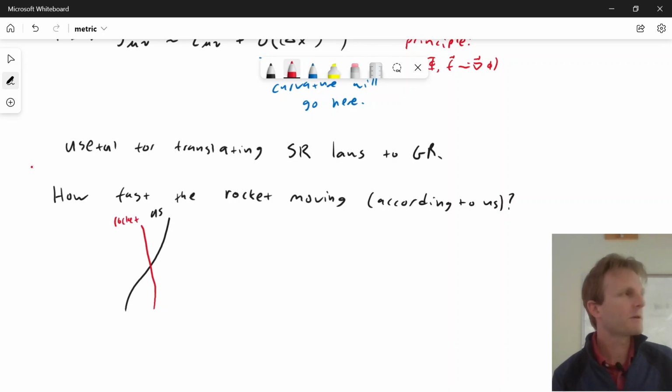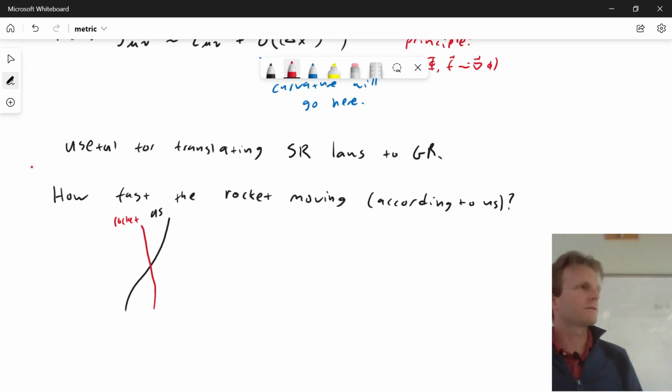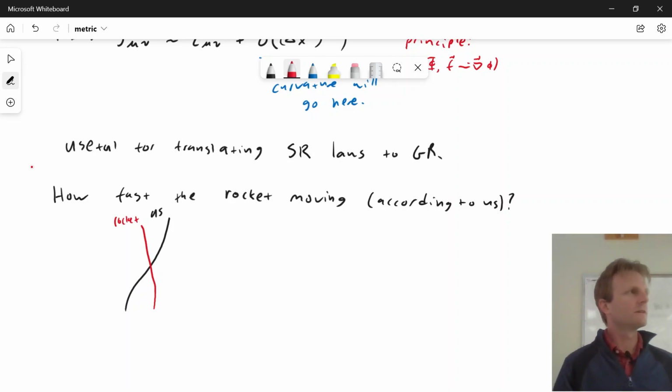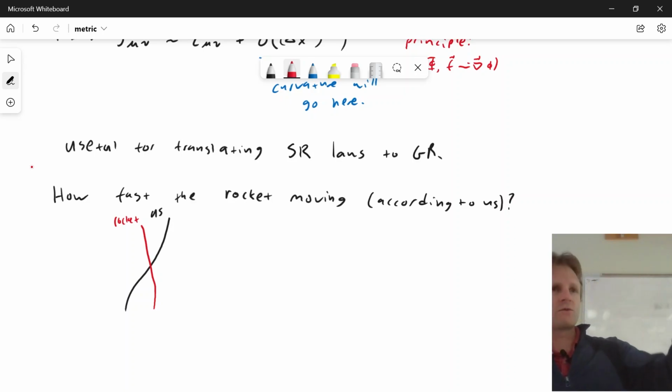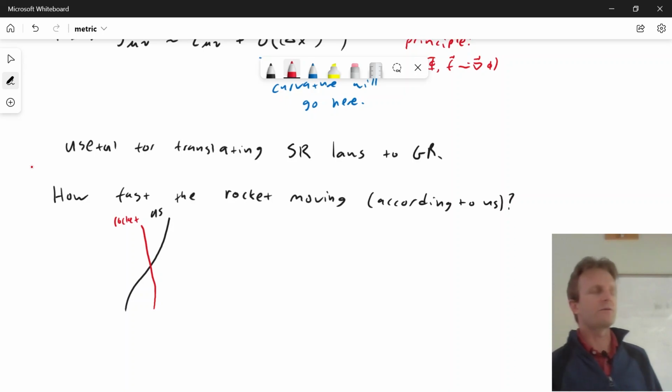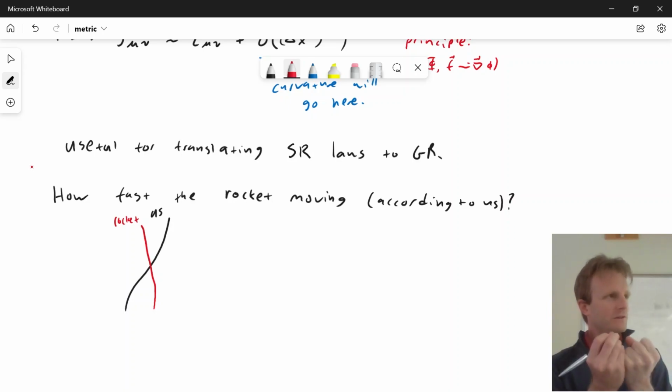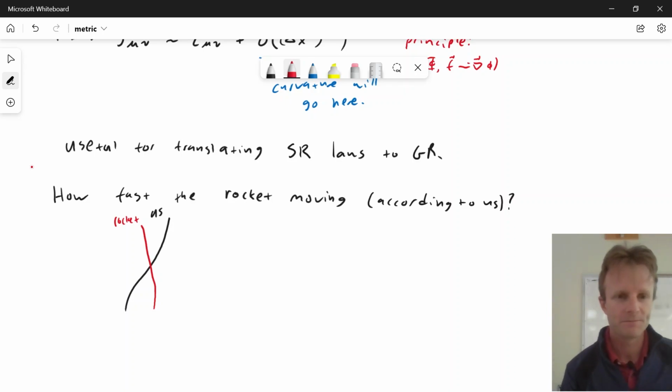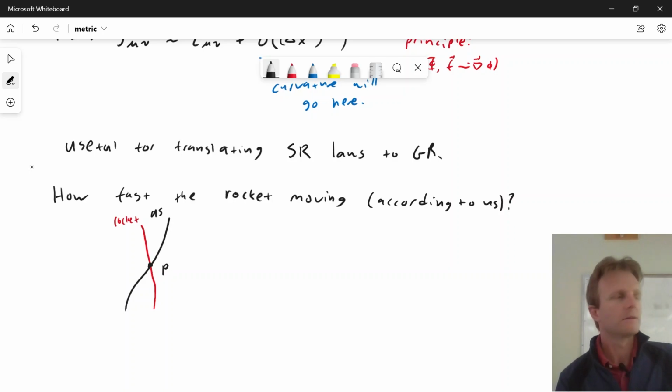Okay, and when we're separate from the rocket, we don't answer the question, how fast is the rocket moving? That's a local question. Okay, if the rocket is moving way off in a distant galaxy cluster, we're not going to say how fast it's moving. We'd have to wait 100 million years just to send light to it and do some kind of experiment. This relative velocity is local. Okay? And so we're really interested in this point P here. Okay. So the way we do this,